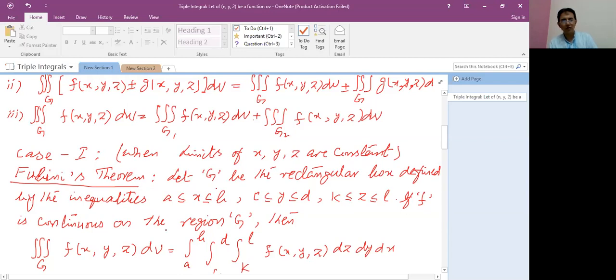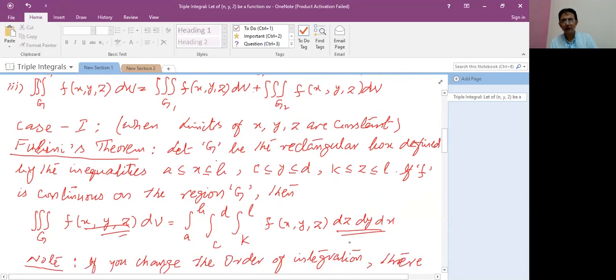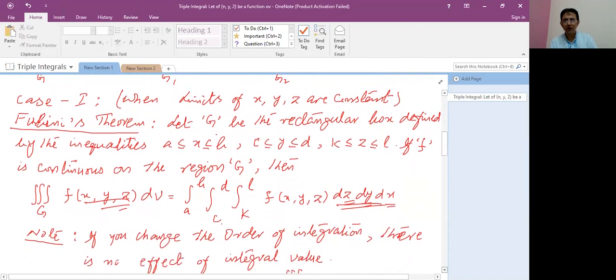If f is continuous on the region G, it means the given function f of x, y, z in three dimensions should be continuous, into dv, where dv is equal to dz into dy into dx. When we find the integral with respect to z, the limit of z is k to l. When we find the integral with respect to y, the limit of y is c to d, and the limit of x is a to b, respectively. When we integrate this one,